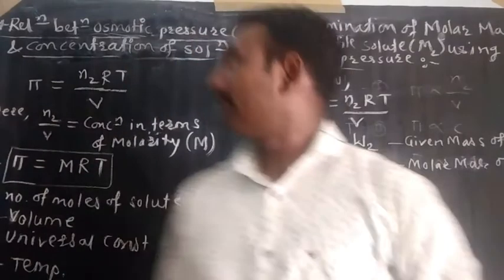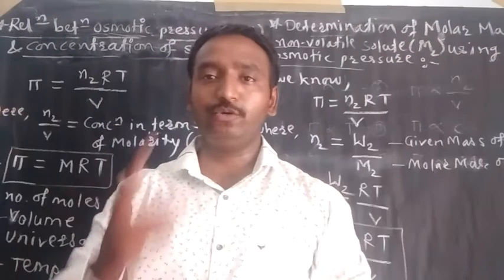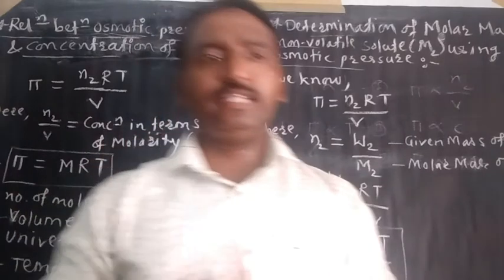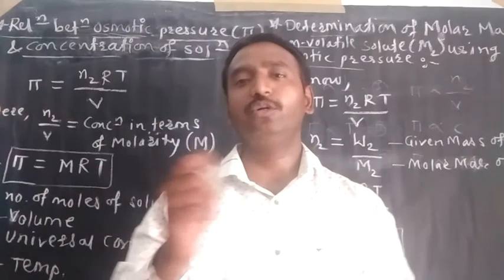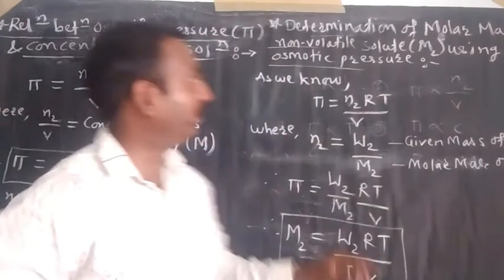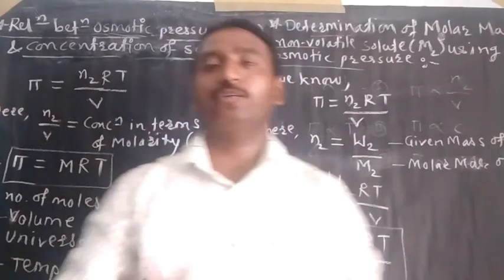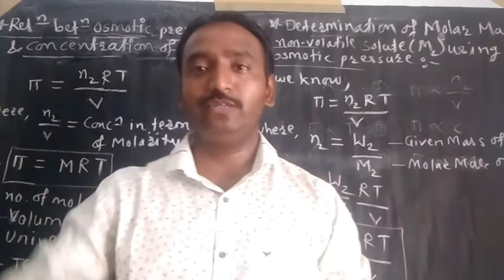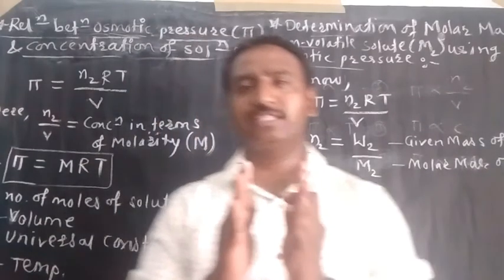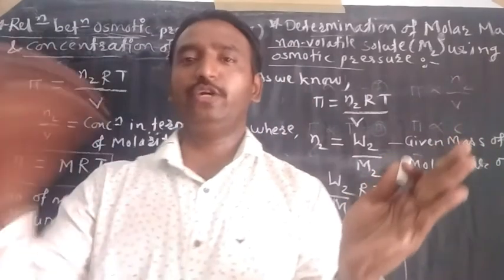This is about the mathematical expressions related to osmotic pressure and concentration of the solution or molar mass of the non-volatile solute present in a solution. Now, there is also one theoretical concept related to the colligative properties in terms of electrolytic solution. Suppose electrolyte is added to the pure solvent, that is electrolytic solution.